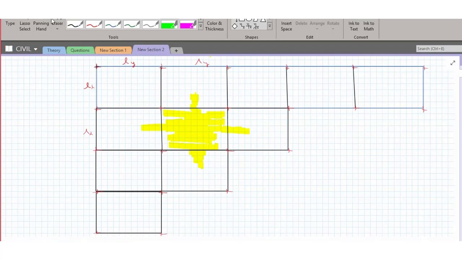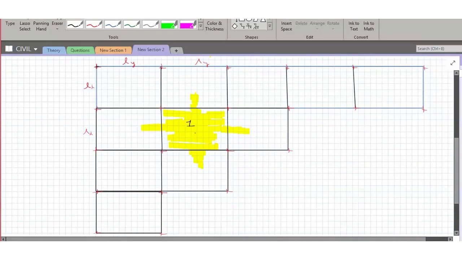Let me mark this as case number 1. Case number 1 is when the slab is continuous in all four directions, or you can say this is your interior panel. So when I write interior panel, it means the slab is continuous on all four edges.